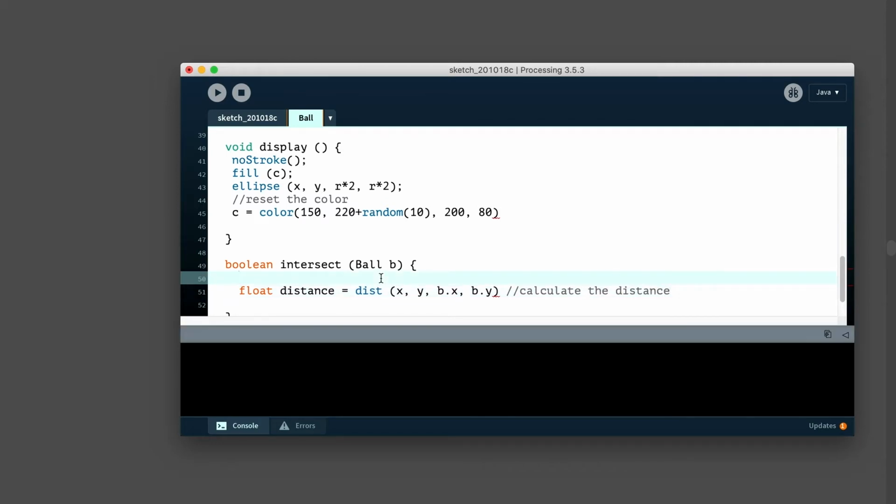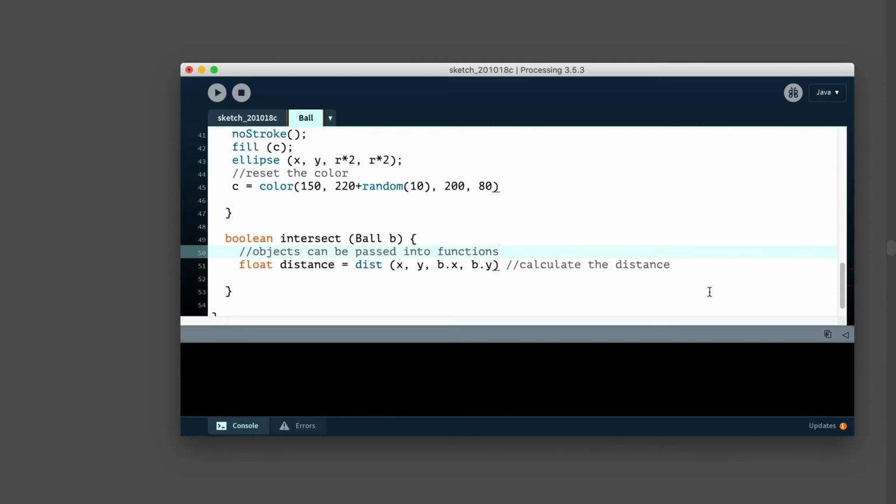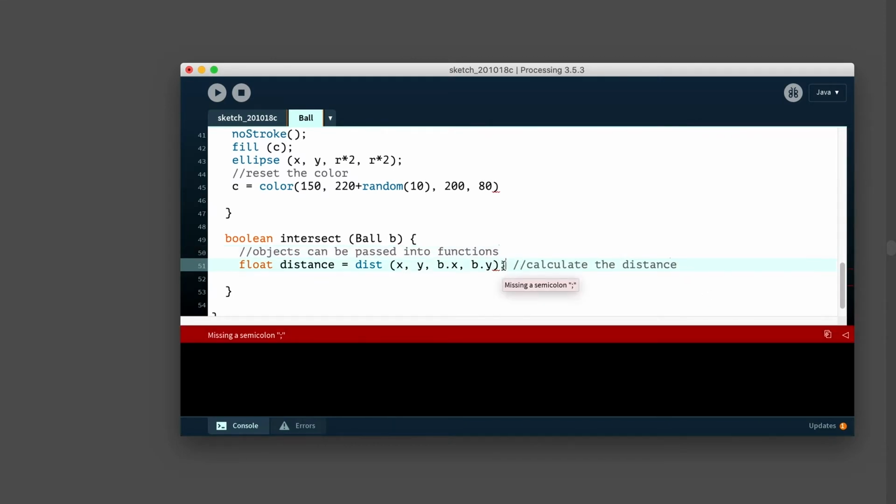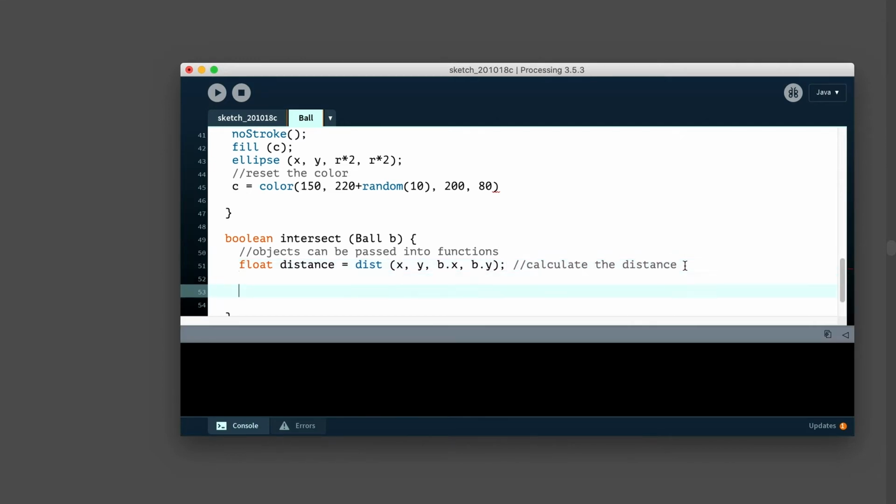And I also want to say objects can be passed into functions here. Okay, semicolon at the end. Let's see if that goes.